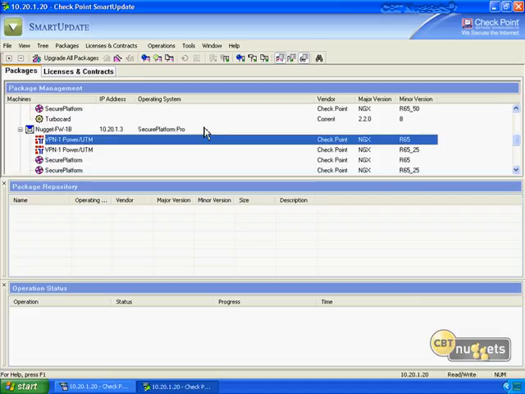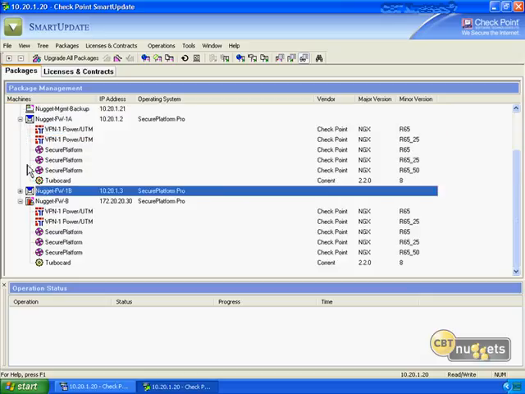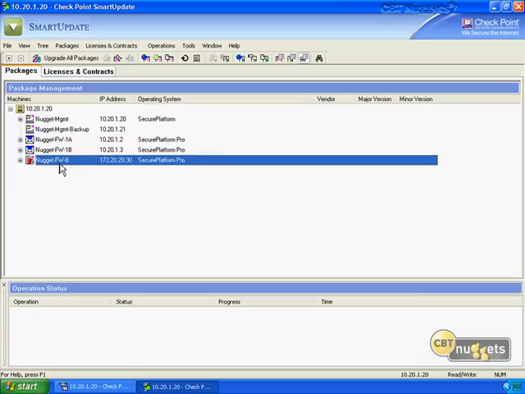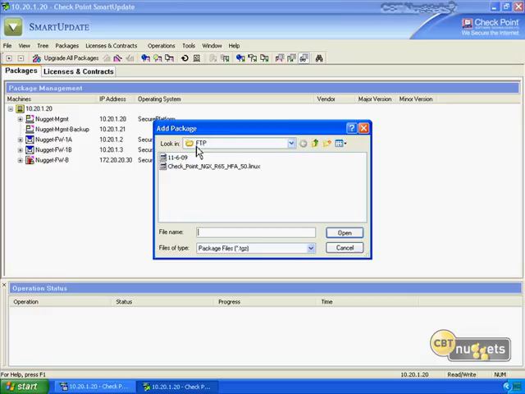But let's go ahead and step through the actual process that we want to perform here to get an HFA package downloaded and distributed via Smart Update. So let's close off of the package repository. What we're going to do at this point is minimize these servers, these particular firewalls. Let's go to Packages, and we're going to tell it to add a package from a file. We have an FTP server set up on our client machine here, and this is where the HFA50 package currently is. So we're going to select this package,